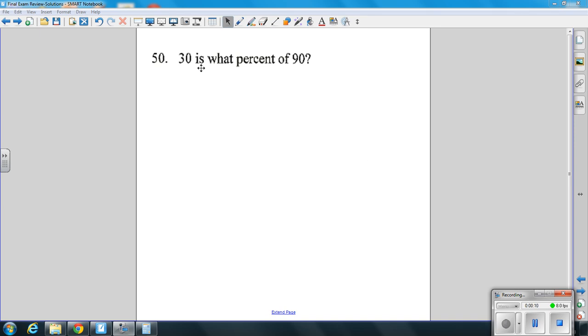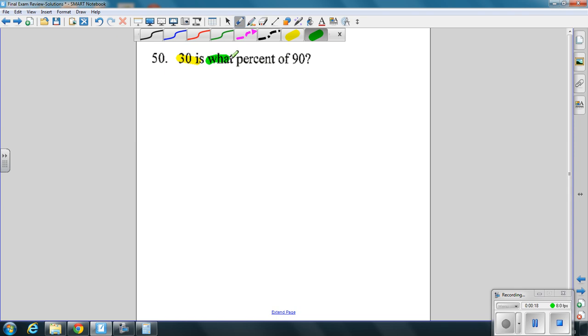30 is what percent of 90? 30 is my part, because it's saying 30 is. We are looking for what percent of 90. So that means out of a 90 question test, you got 30 of them correct. What percent, or what you guys like to ask me, what is my grade? So this is saying 30 over 90